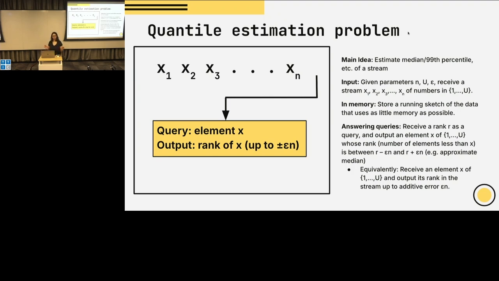Okay, so any questions about this statement of the problem? We'll do an example in a second. When do you know R in this process? Does the algorithm know it beforehand? Does it work for every R? So the algorithm is given R only at the end, but it actually turns out to be equivalent if you know R beforehand. It's not actually any easier if you know R beforehand.